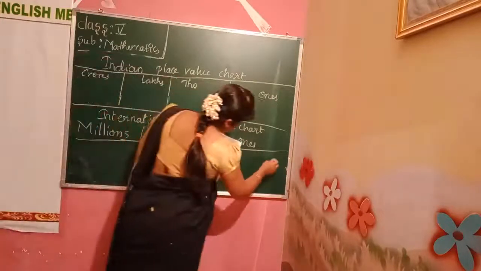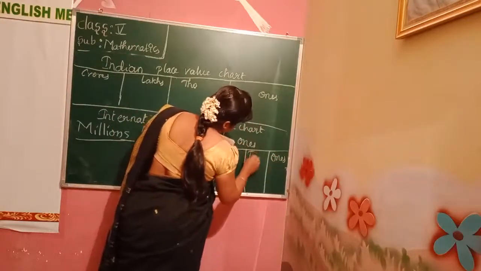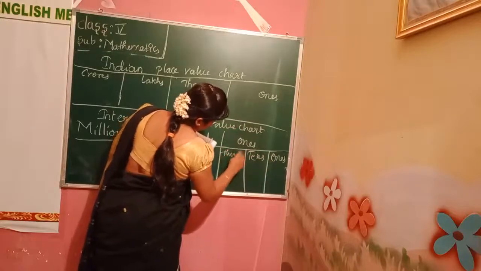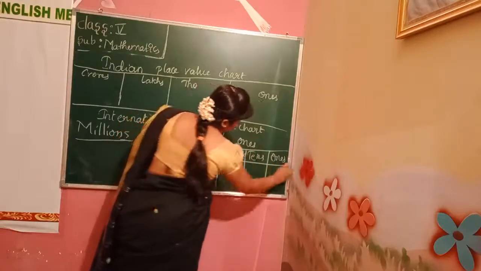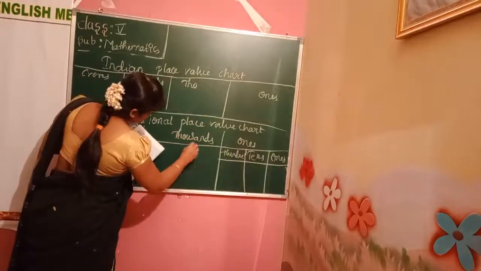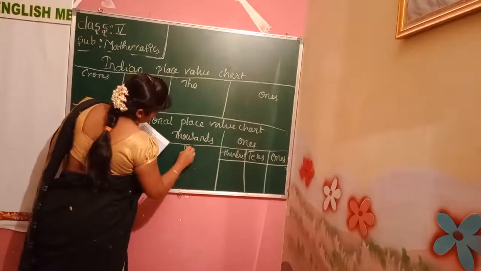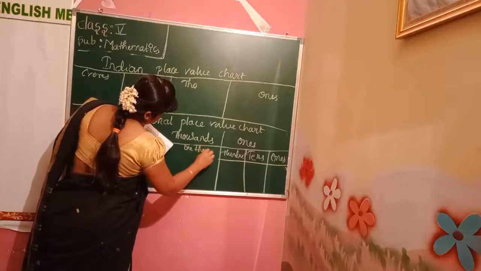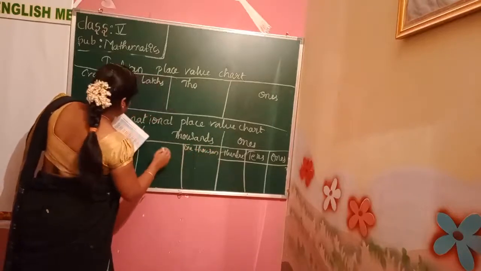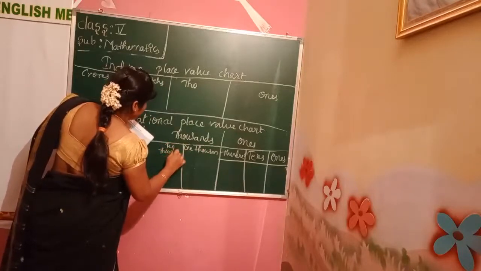In this, in ones place we have ones, tens, and hundreds. Yes, three. The same is there. In the thousands place, again we have 1,000, 10,000, and one more is